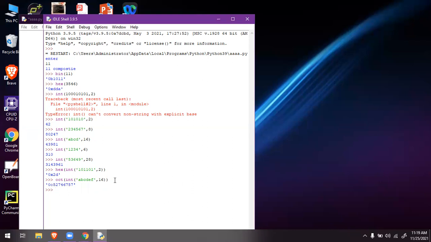Like that, we can do the calculation. This concept is called nested functions. It is a function within a function. There are three functions here. After executing the first function, it is given as input to the second function, int. After executing the second function, it is given as input to the third function, oct. Like that we can get the outputs. It is called the nested function concept.